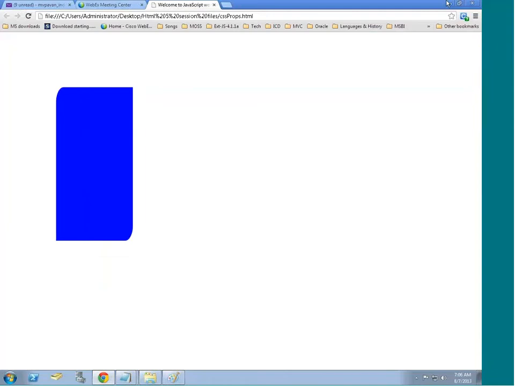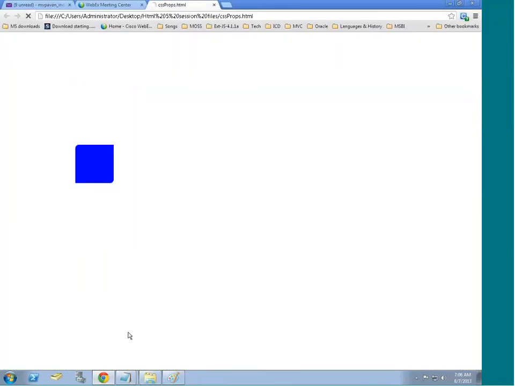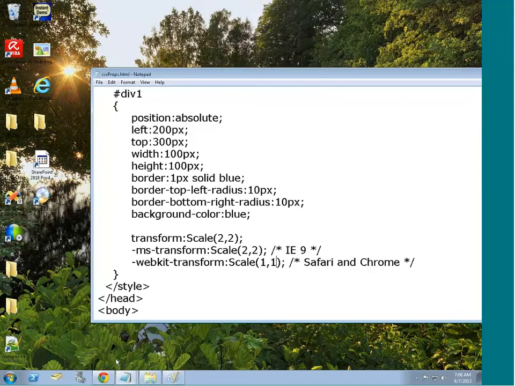Okay. Width will be doubled and height will be quadrupled. Okay, 4 times. Like this we can use the scaling, right? What is the default scale? 1 comma 1 is the default scale, right? Original size. And if I say minus 2 on x-axis,